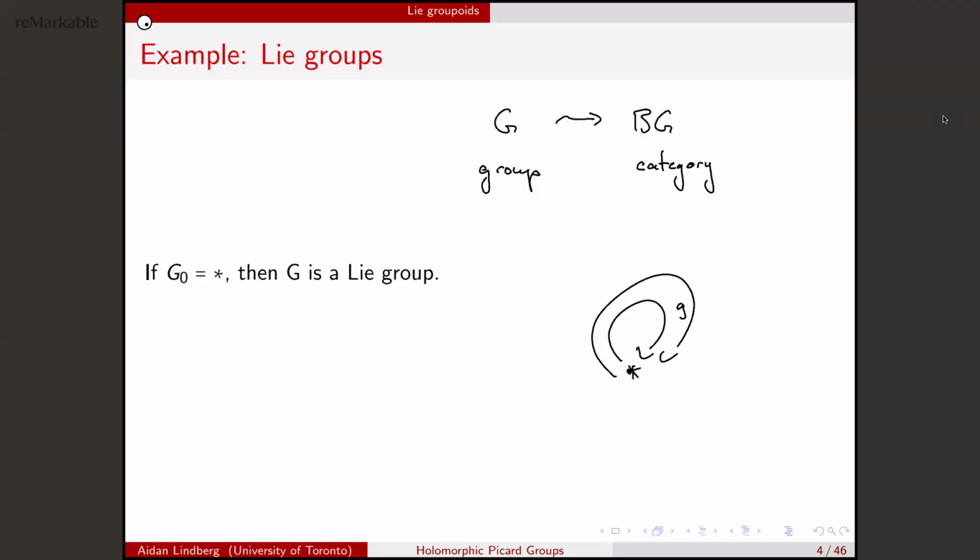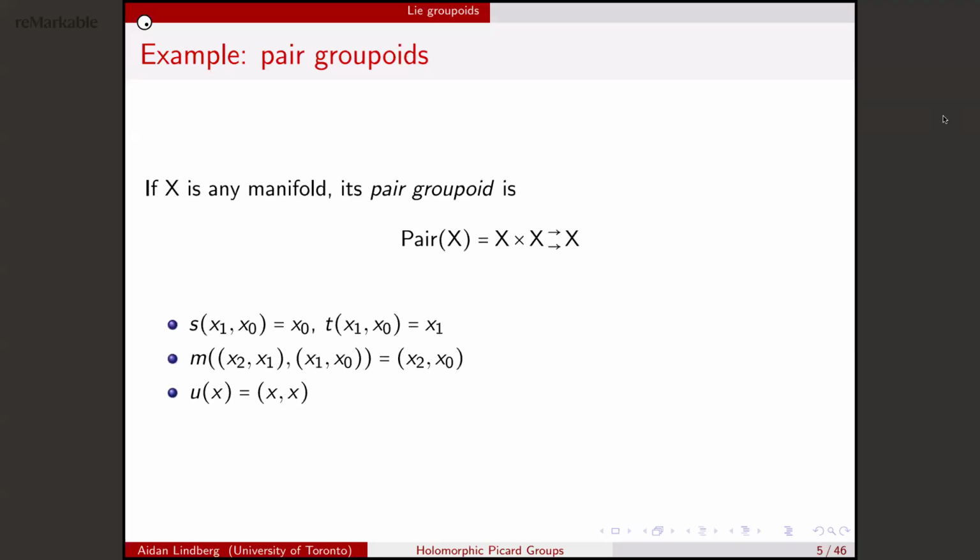Here's another groupoid. So if X is any manifold, then we can build this thing called the pair groupoid. Its space of arrows is going to be X times X, and its space of objects is just going to be X. I think of an arrow here as just X1, X0, and its source is X0, its target is X1. And if I have X1, X0 and X2, X1, then I can just